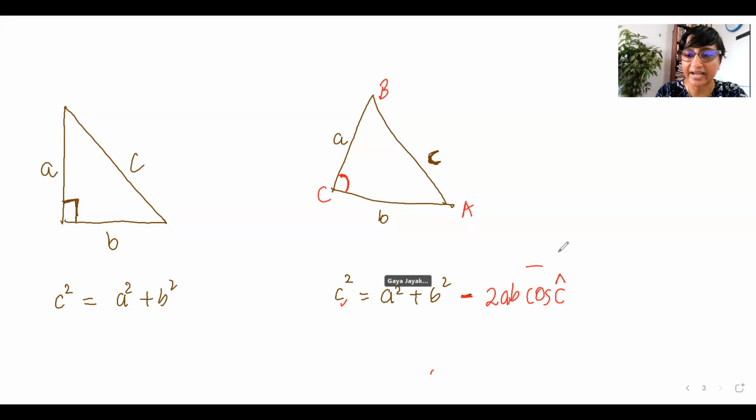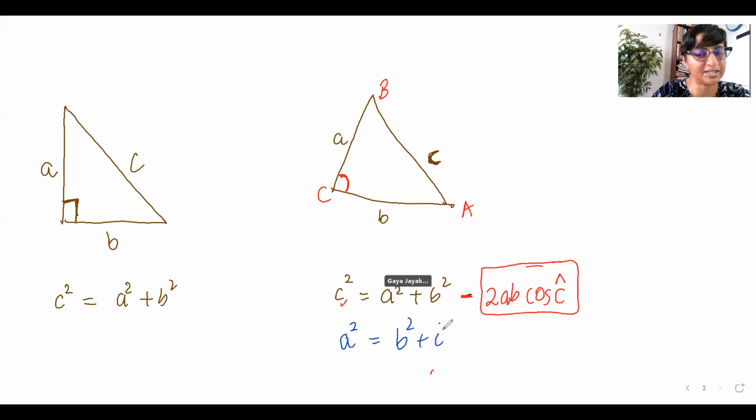So there is this additional term, minus that term. But the beginning part looks like the Pythagoras theorem. You can write it for any side. Say I want to write it for side A, then A squared would be B squared plus C squared,